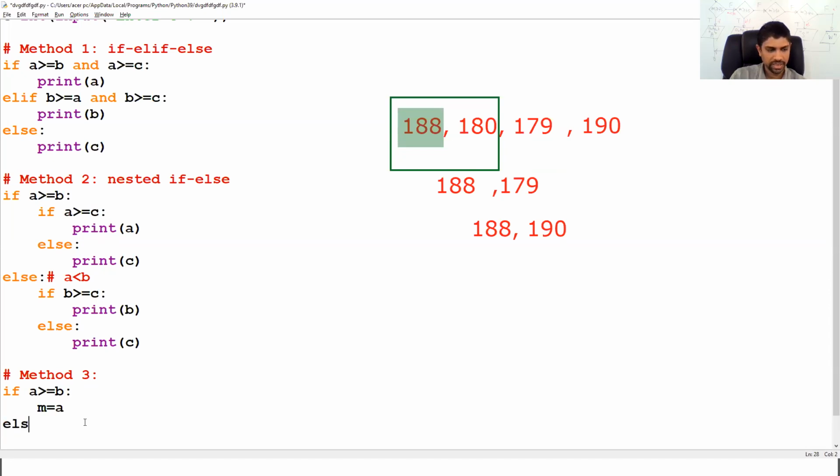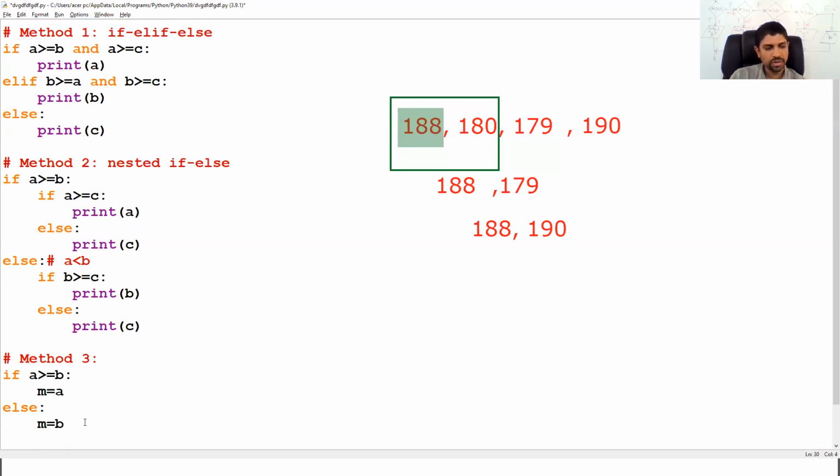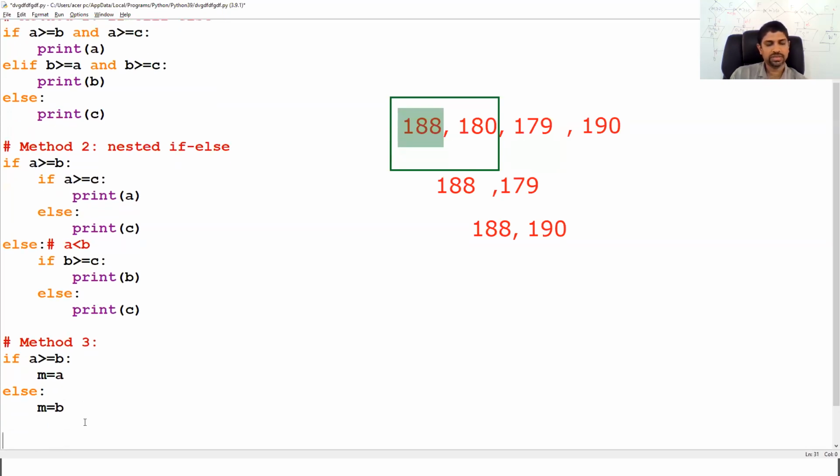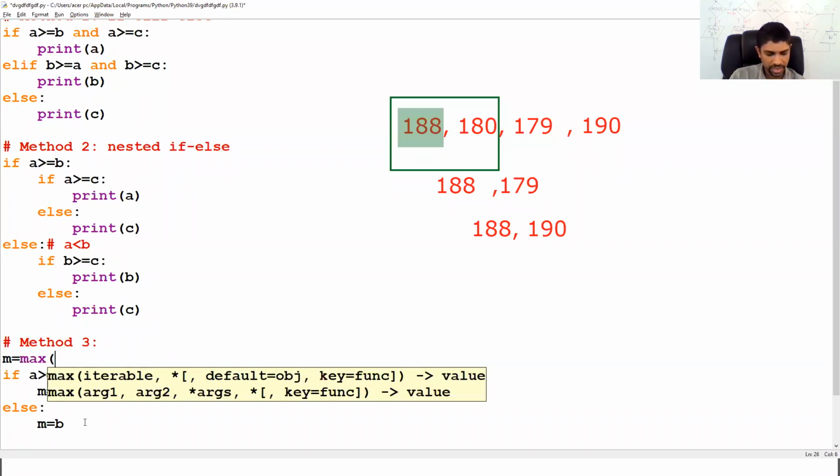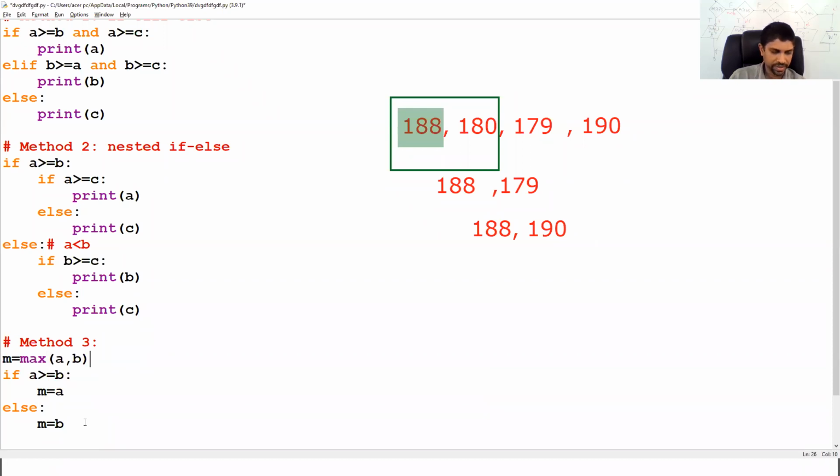Else the temporary m means temporary maximum, or the maximum out of the first two values. I just compare a and b. M is the maximum of a and b, right? Here m is the maximum of a and b. There is a function called maximum. Later I will explain. Here I want to slowly introduce this method, because most of the time when there is